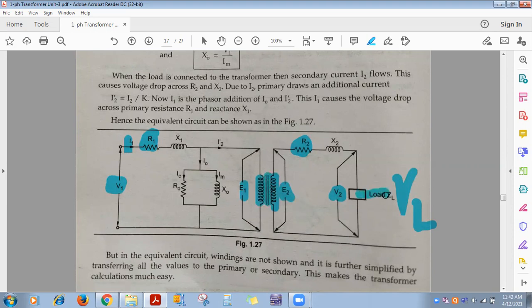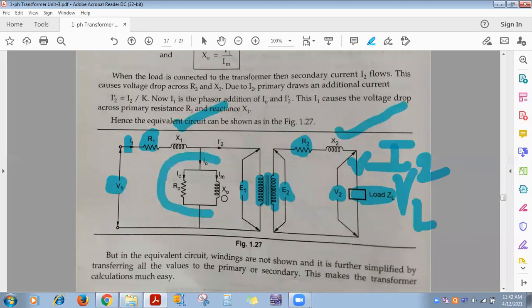And this is the impedance of load which we connect across the secondary of the transformer. Here I2 is not shown, you can show it here: the current flowing through the load, through the secondary winding of the transformer, is I2. Okay, now what is this X1, what is this X2, and what is this parameter? These are new to you, and this one also.